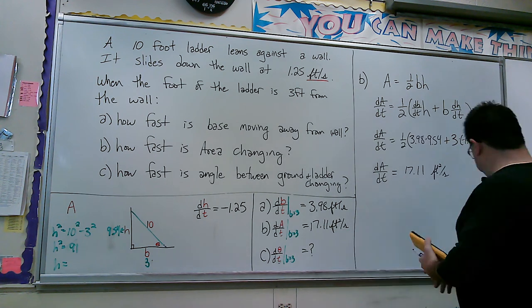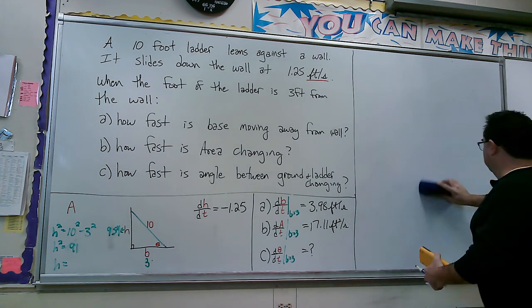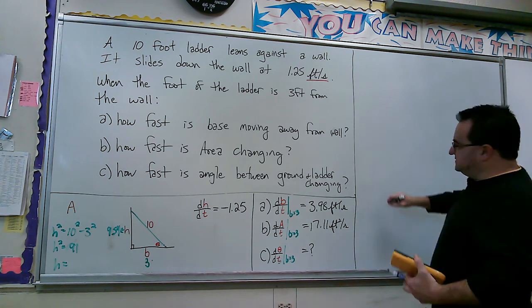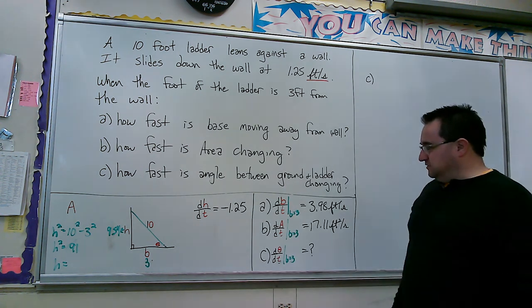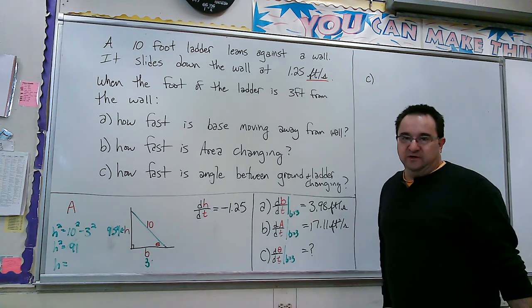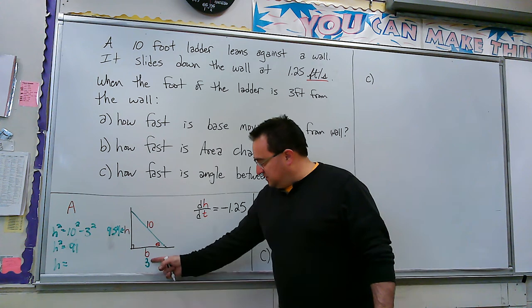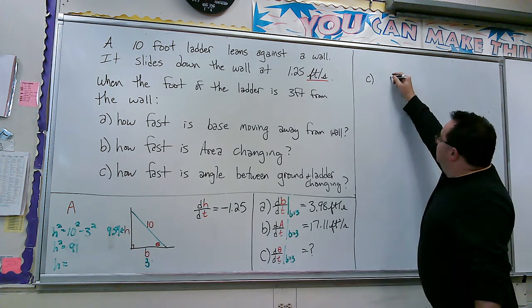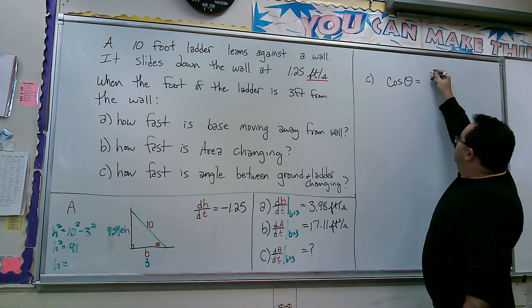We're almost done. Best for last, trig. All right, C. Look at the picture. This is why you want the picture. If I want to know theta and I know all these sides, we're going to need a trig function. I'm going to use these nice integers. So this would be adjacent over hypotenuse. So just write what you see in the picture. The cosine of theta would be adjacent